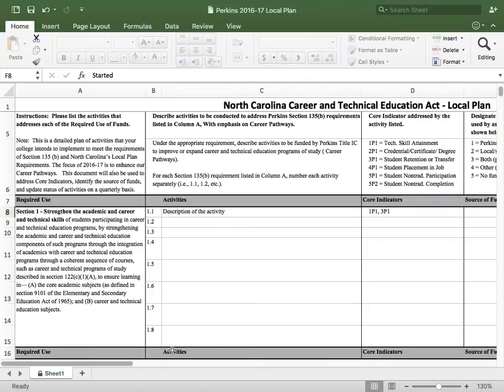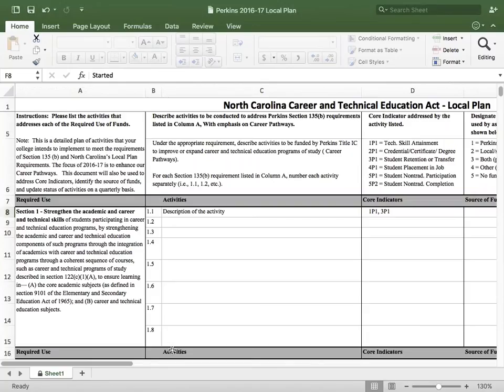It's just a matter of telling us what it is you're actually doing. And if you need any ideas, like if you think you're behind or you just can't really come up with some good ideas, we'd be more than happy to share some best practices, some ideas that we've gotten from other colleges and from our research across the country.